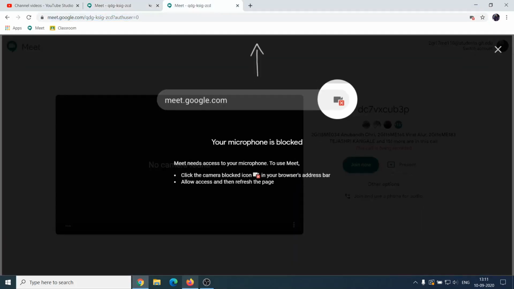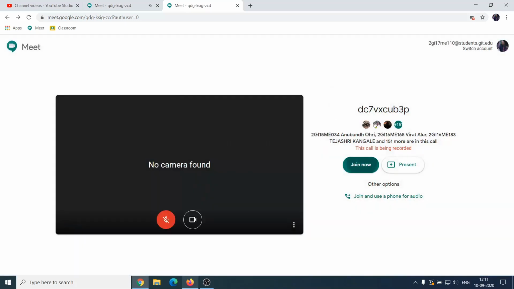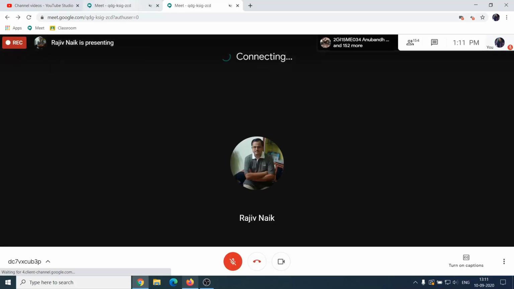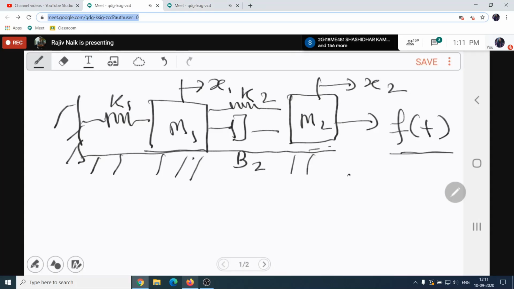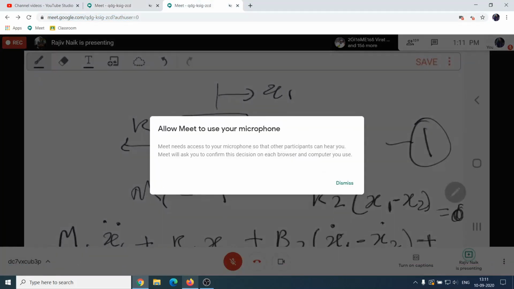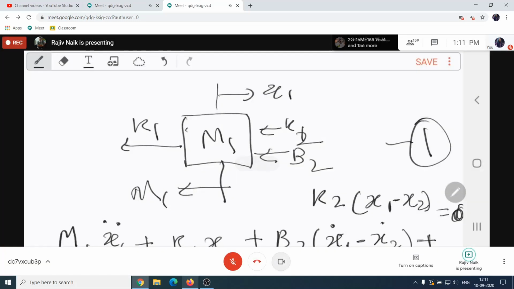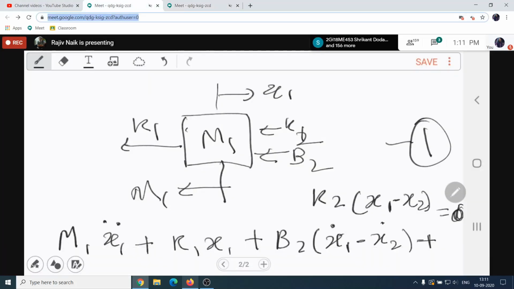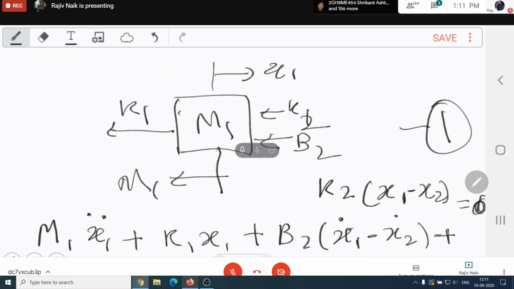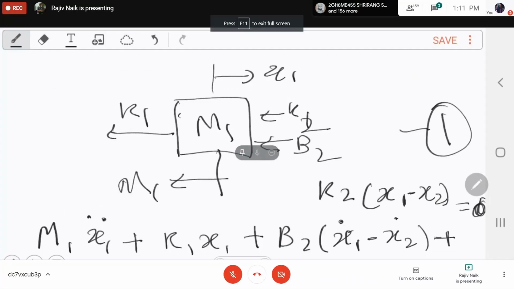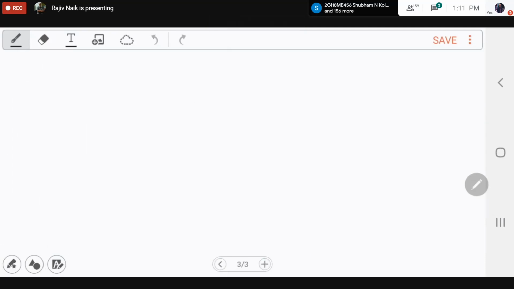This is equation number 1. Similarly, this is the whole body. I have solved for mass M1 and written one equation. Each equation has to be written for each mass, because the displacement is given on the mass, not on anything else. So the mass M1 cannot move with X1 minus X2. It will always move with X1 only, because X1 is mentioned on it.